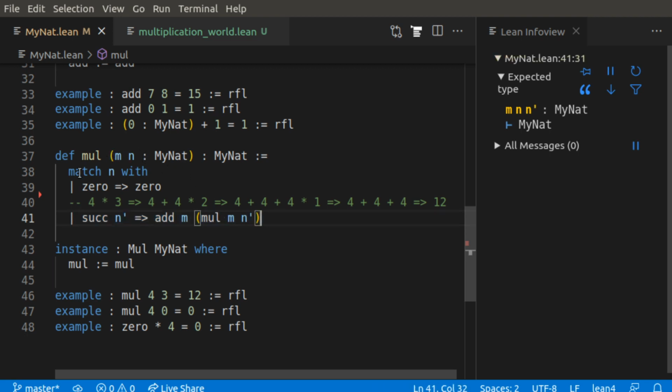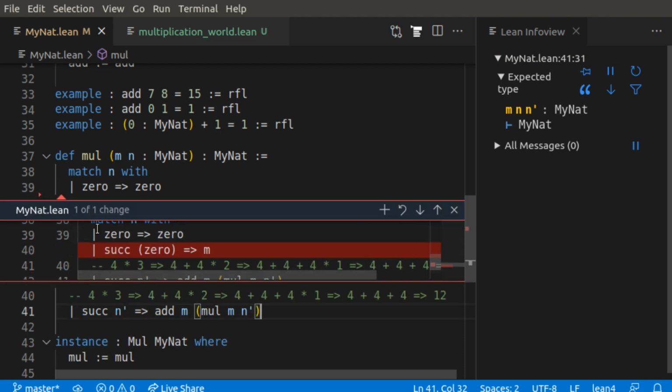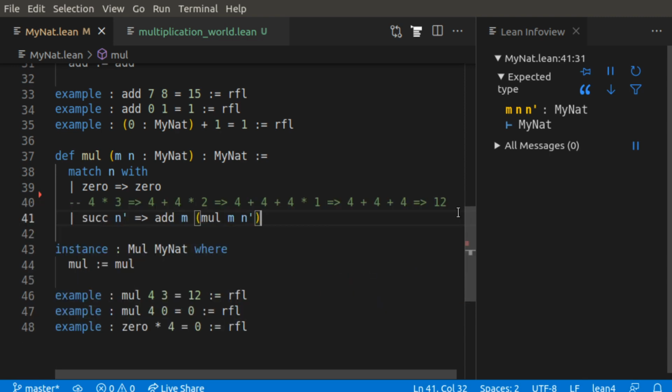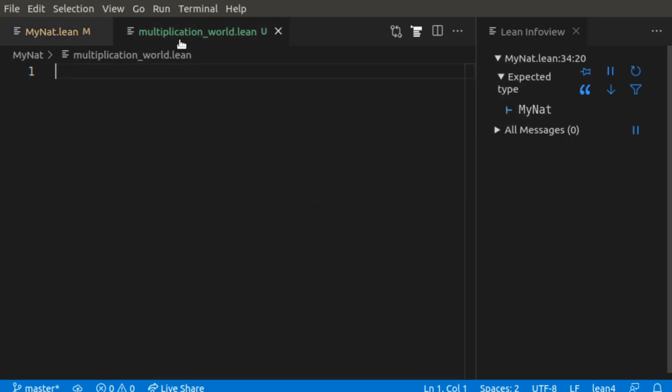So when we're multiplying, for example, m by 1, well, we get m by successor of 0, so we add m to the multiplication of m and 0, and that's just m. Cool, so let's